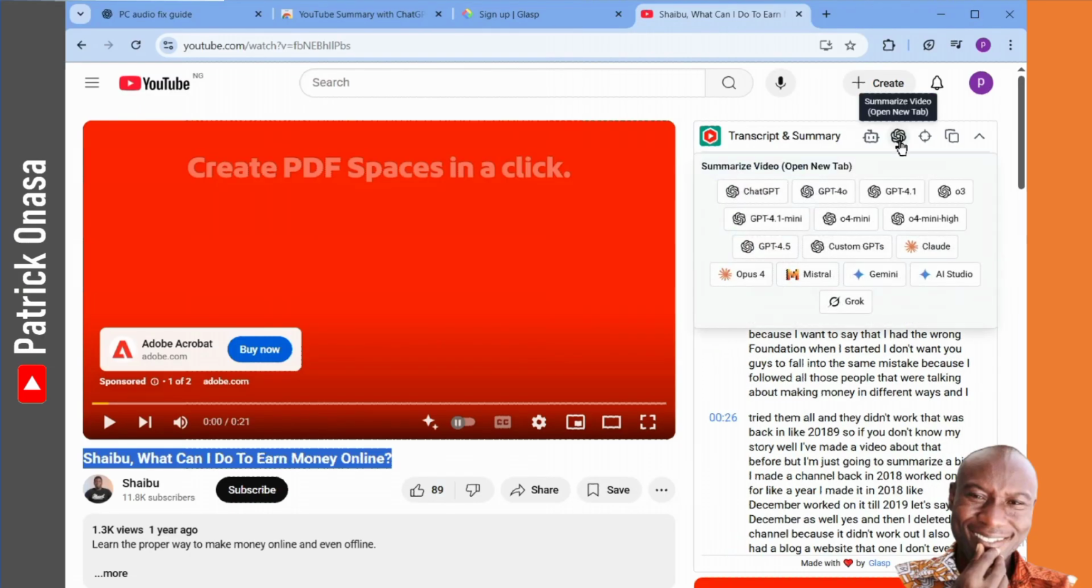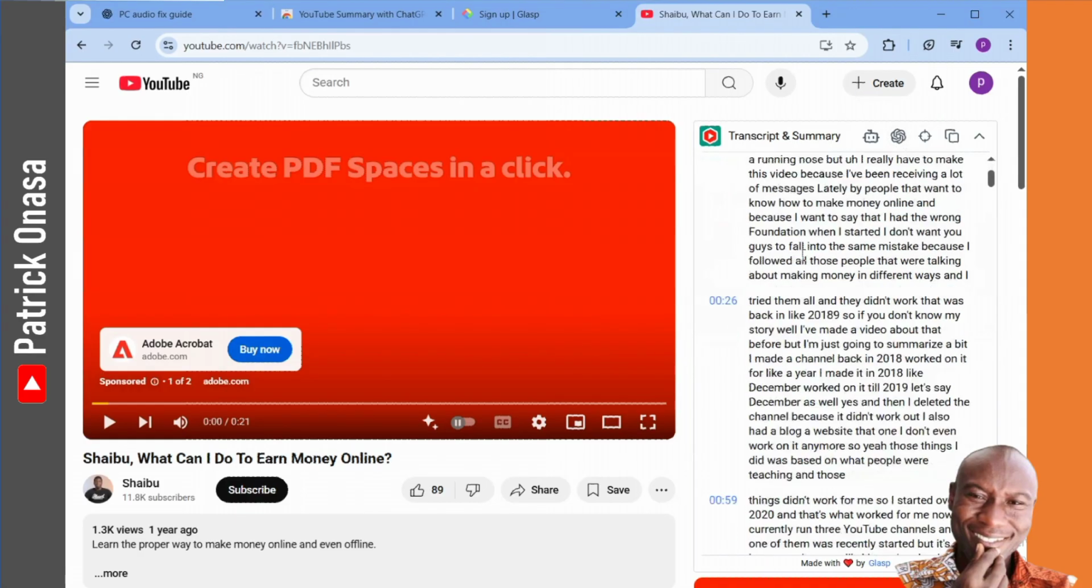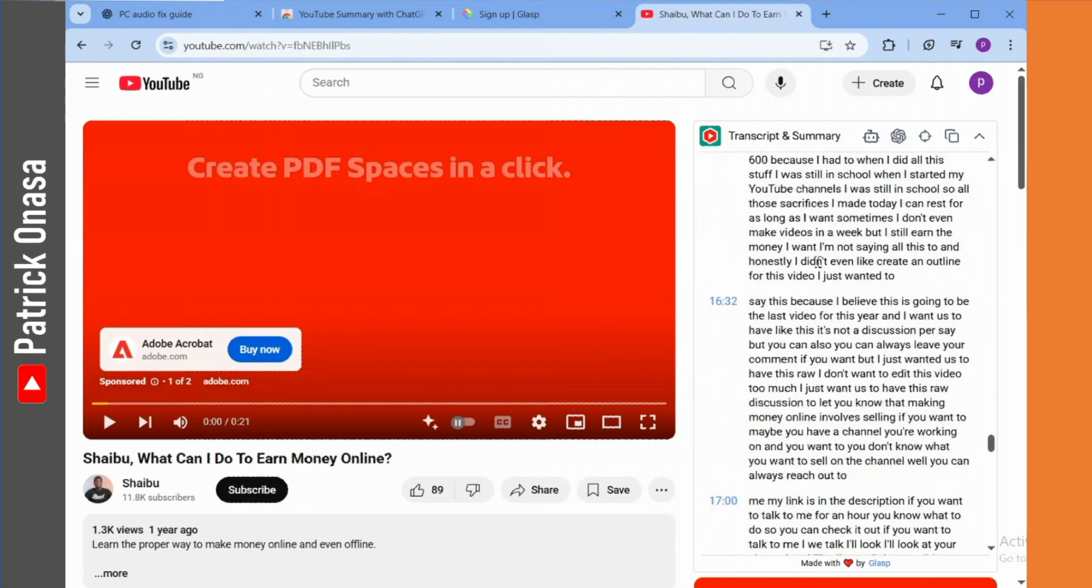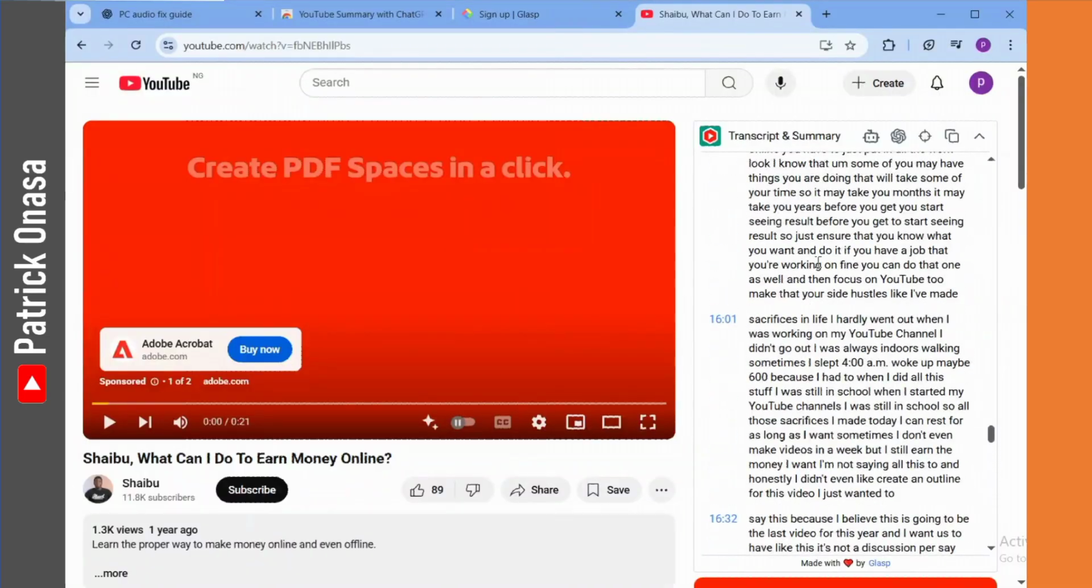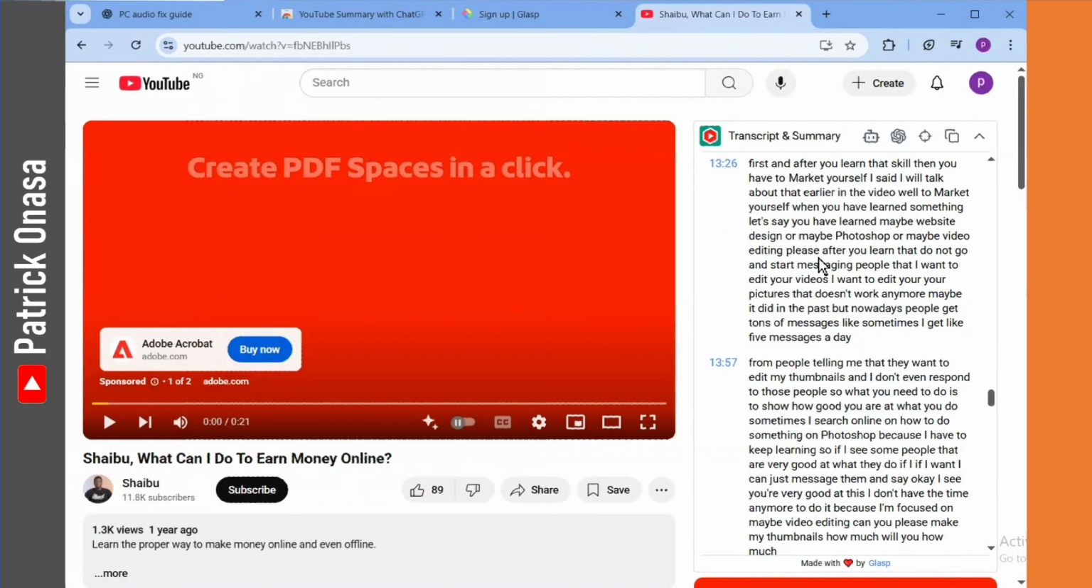The next thing I want to do is to click on this icon here. If you look at this icon, this is the ChatGPT icon. If I click on this icon, then ChatGPT is going to summarize everything here. Right now, you can see that the transcript is much. If I don't have a lot of time to read this transcript and I want ChatGPT to summarize it,